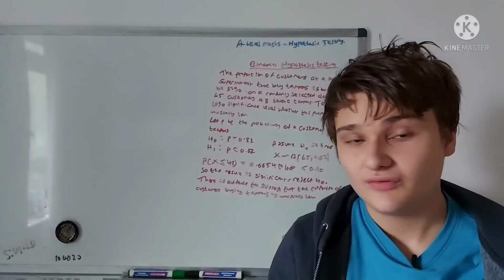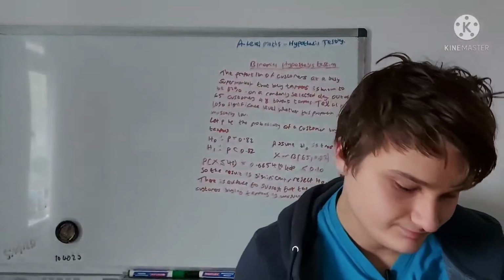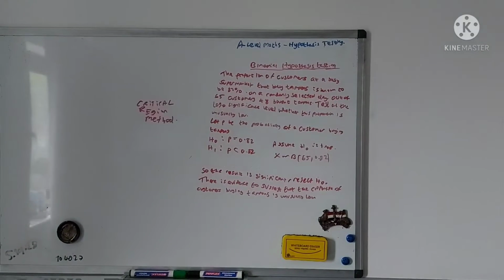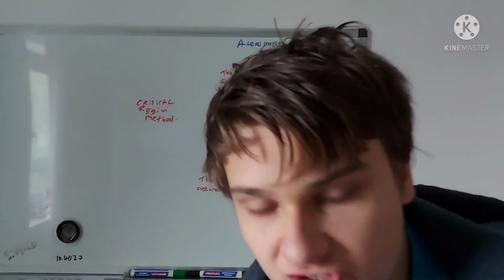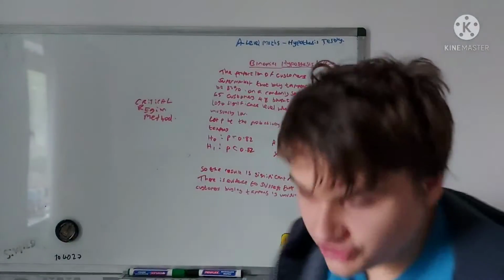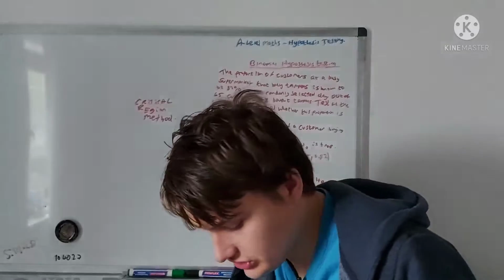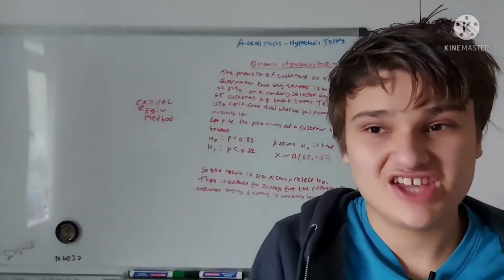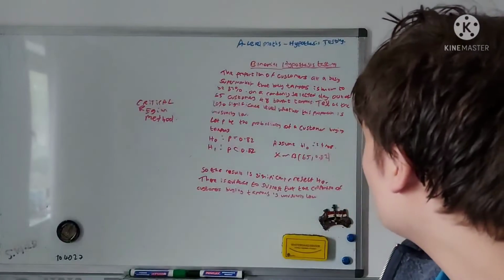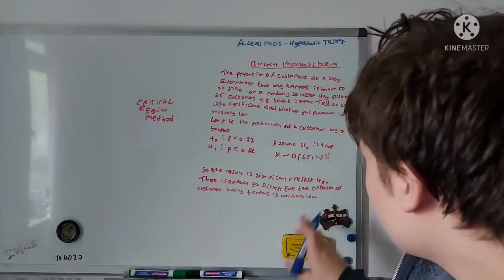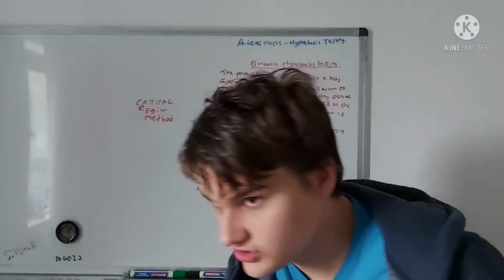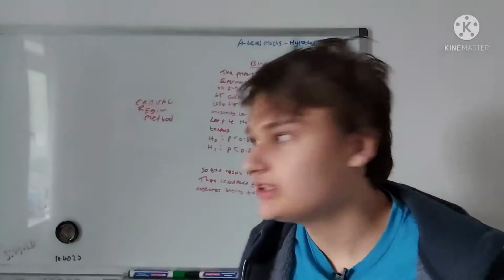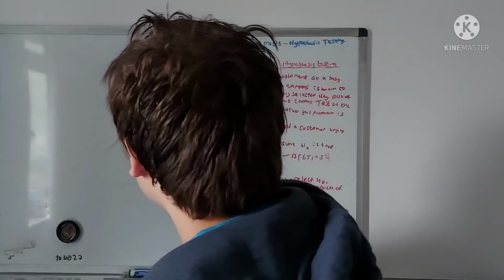Okay, next one, we'll do it a slightly different method. Okay, so we're going to look at another method using the critical region, but the same question. So I'm going to leave the rest up because we just keep the same anyway. So we can keep the binomial distribution and all that stuff. But the critical region method, which is what Excel like to use, is if you hop to your calculator,